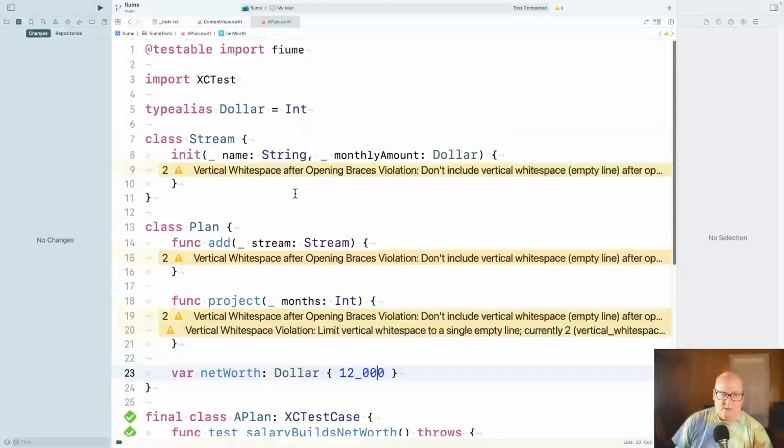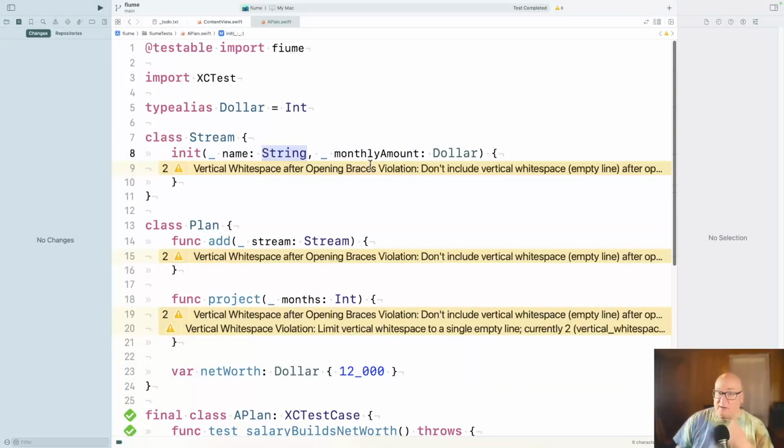A stream to me makes very good sense: you get a paycheck, say, or you pay an amount on your mortgage. It's this stream either going in or out, and that has a monthly amount that is involved. Everything's going to have a name.